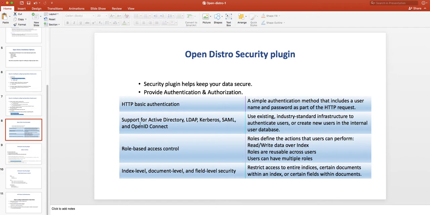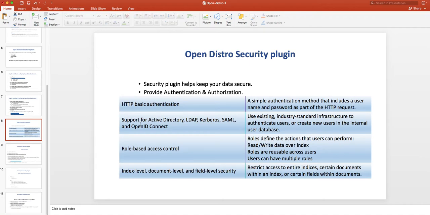Apart from HTTP basic authentication, the OpenDistro security plugin supports Active Directory, LDAP, Kerberos, SAML, and OpenID Connect. So you can authenticate with any of these industry standard infrastructures. These were the different ways you can authenticate a user.